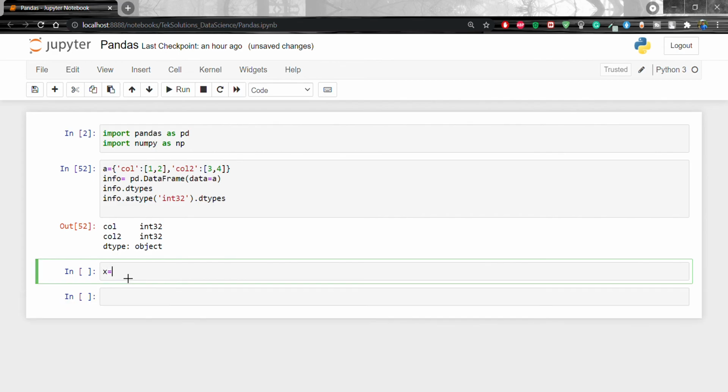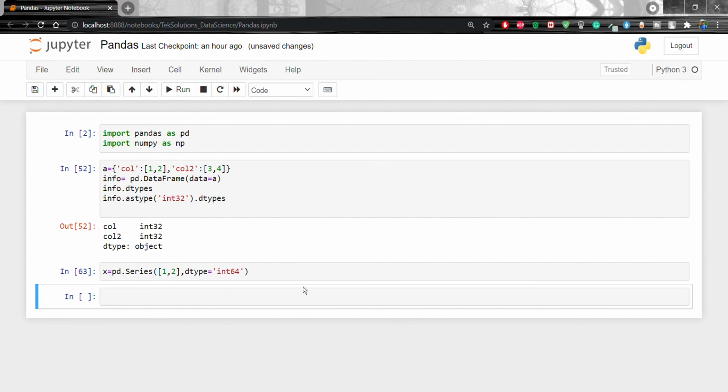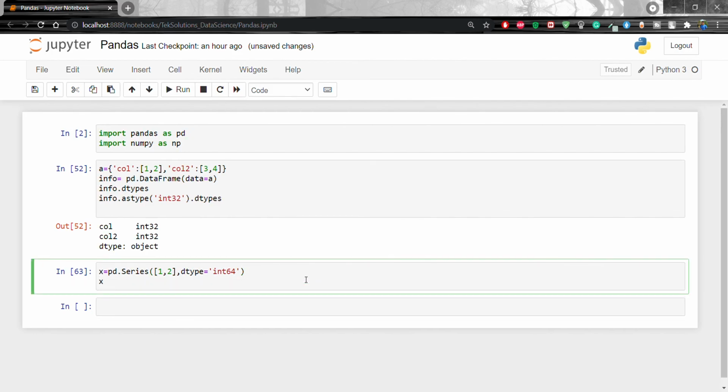Now I am going to create a series, pd.Series, with values 1, 2 and dtype equal to integer 64. Now if I print x, what will happen? The values will be 1, 2 and the data type will be integer 64. Shift enter.